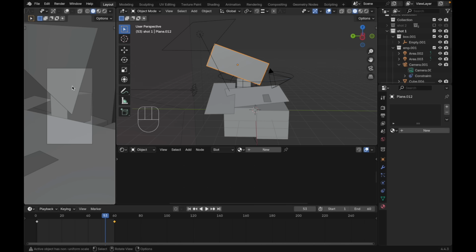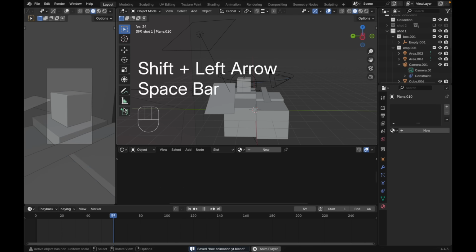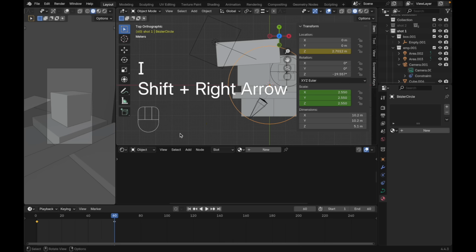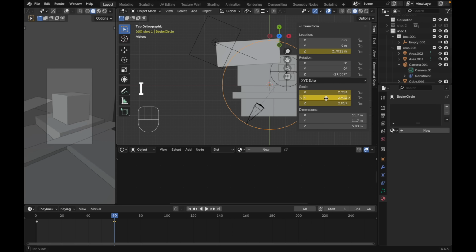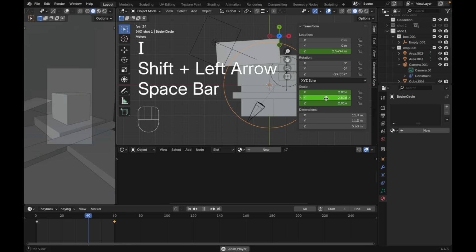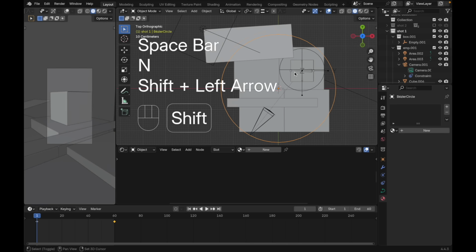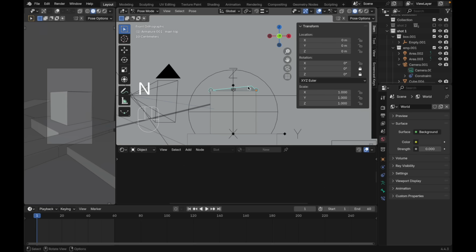Probably let me hide this one first and this one. We have this animation. Let's select our Bezier circle, scale here, press I to insert at frame 1, go to the last frame, press S to scale it up, insert single keyframe. Okay, it's pretty good. Then frame 1, select your armature, press Ctrl Tab, press N, select this main bone, right